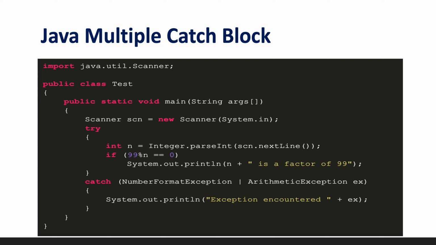Now that we have seen how to handle a single exception and multiple exceptions, in both scenarios we knew what the exceptions were, and based on our experience we could handle them. What happens if an exception occurs which we are not able to recognize? How can we handle that? Is there any class provided by Java which can handle all kinds of exceptions? Yes, there is a class called Exception itself which can handle all kinds of exceptions.